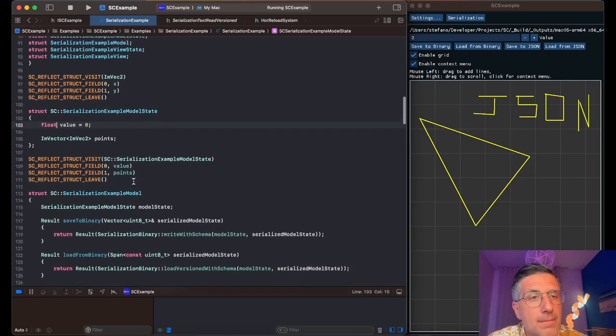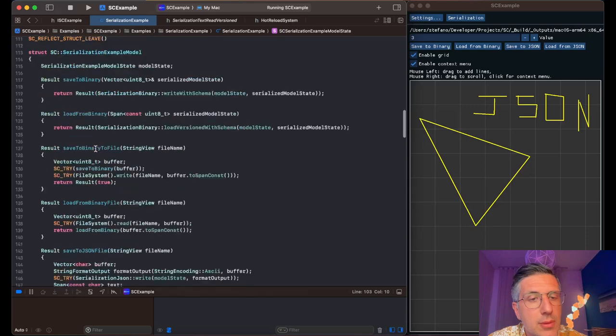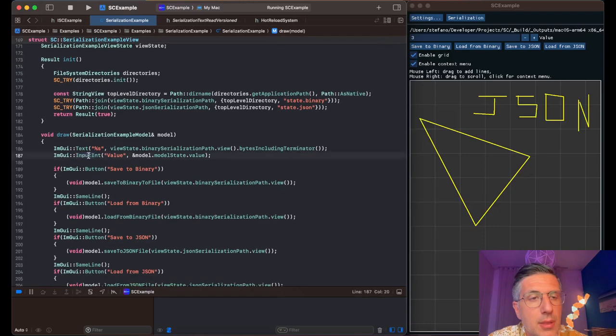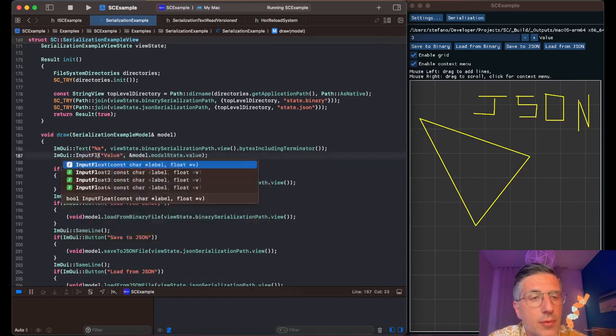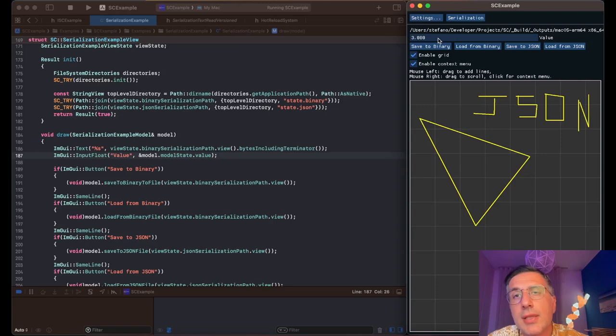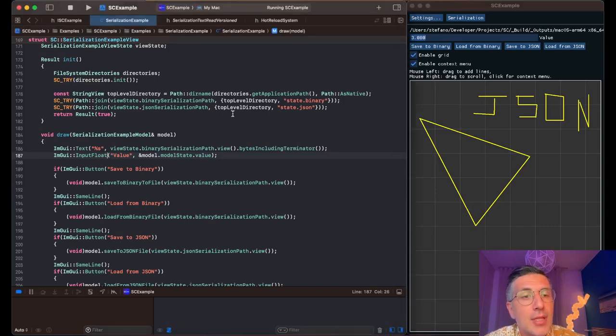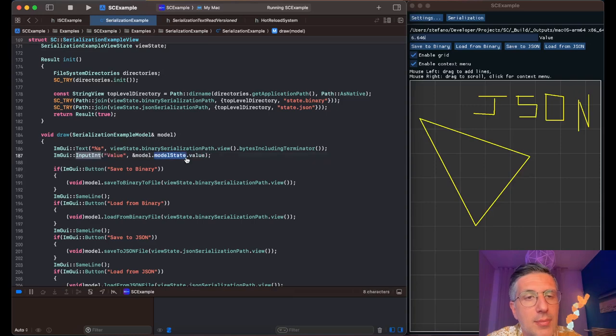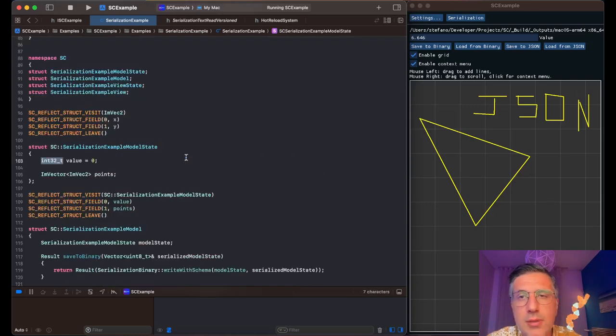So let's say this is now a float and I need to do input and input float. Okay. If I do that, you see that the value of 3 is preserved and is converted to a float. So that's what's cool about the versioned serializer. And even if I do the reverse, and now I'm saying, I don't know, 6 point something, and I put it back to be an integer,